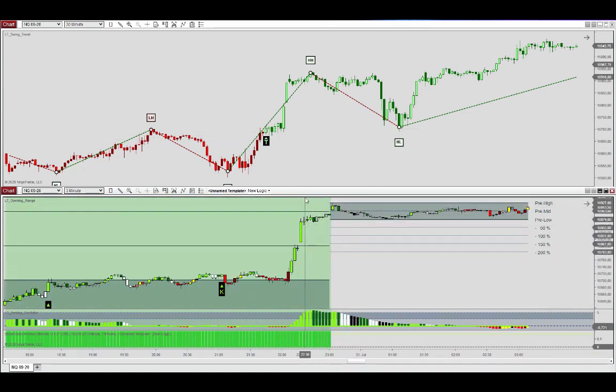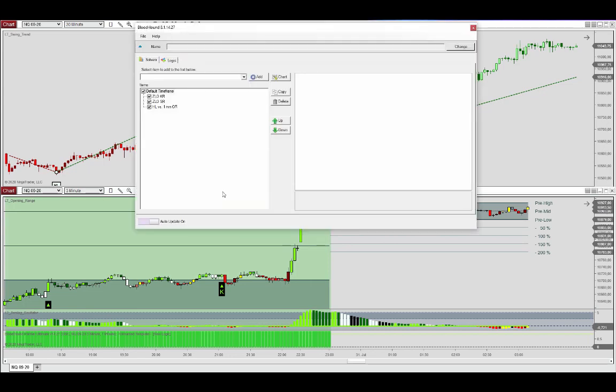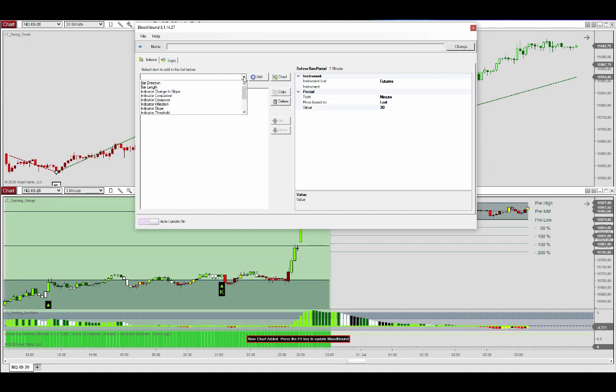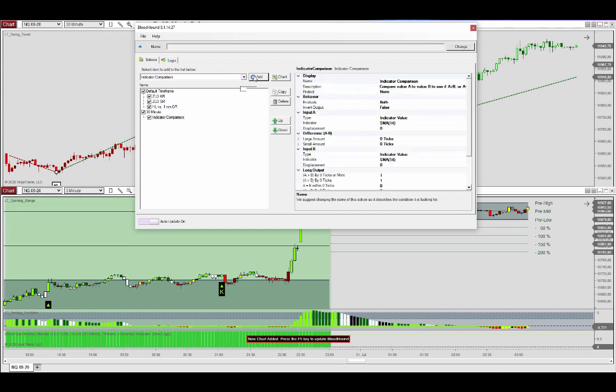And so going in here, you will add a secondary time frame by tapping the chart button, identify the value that you want to use for a minute chart. So 30 minutes for our example here. Again, everything that we do is available via data series. So you add that,